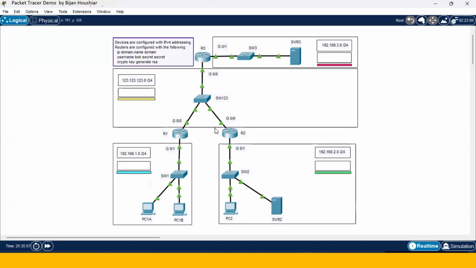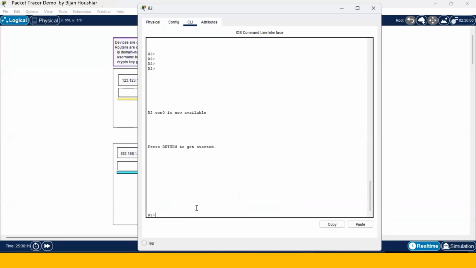Now we want to configure router 2 to prevent any SSH and telnet connection to it from any device. So we need to create an extended named IPv4 access control list. We access the command line of router 2. We go to privilege mode, then global configuration mode. Then we create an access control list. We are creating a named access control list. We want to create an extended one, and we want to name it